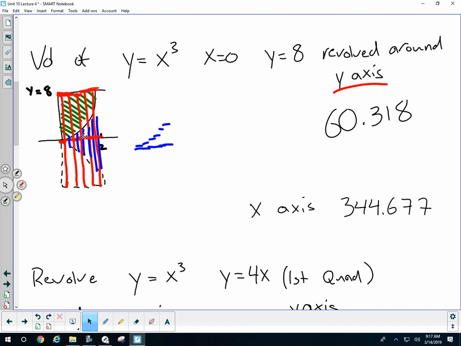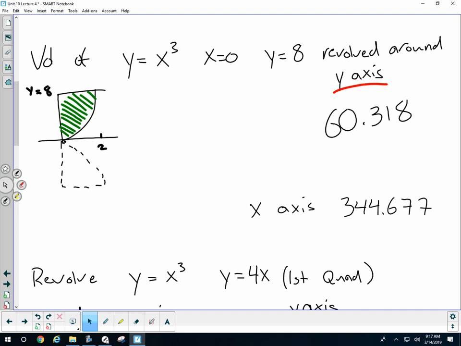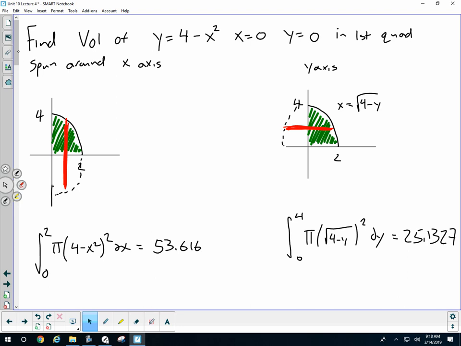You must draw cylinders on your paper. If you're not, it's not going to be great for you. You're not going to understand what's going on. This is why I told you to draw representative rectangles when we were doing area. All of you didn't listen to me. But now you must, okay? Because I must